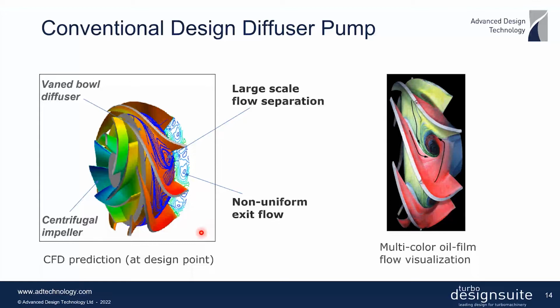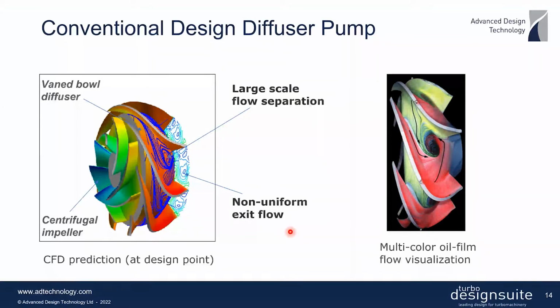So as you can see here, you have the impeller, and you have the diffuser to turn the flow essentially from an almost radial to an almost axial direction at the exit of this vane bowl diffuser. So it's really quite a complex three-dimensional diffuser, and what we have seen in these vane bowl diffusers is you can actually have quite a strong corner separation,